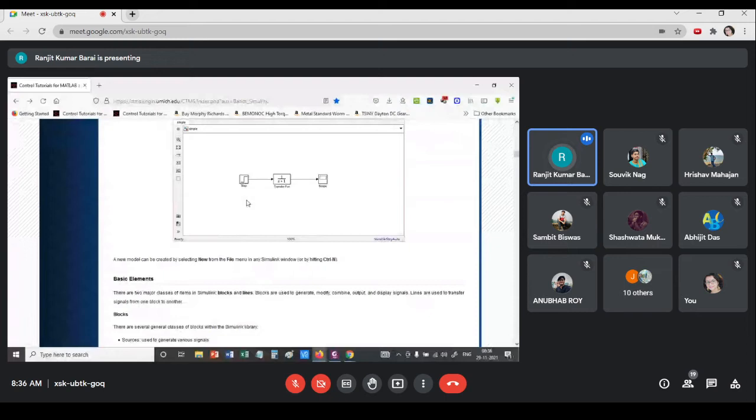The thing is that you have to understand what you need and how to implement that. If that part is clear, then making models will be very easy. For that you should have a clear knowledge about the system. If you understand the type of transfer function that will be represented, it will be easy. Otherwise, if you don't understand the transfer function that corresponds to that particular system, possibly your model will be wrong.